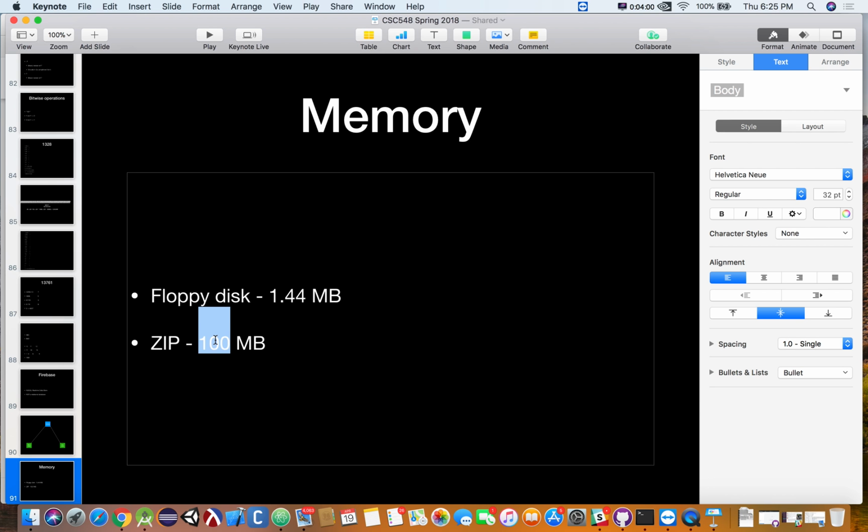No. I mean, that is a useless USB stick. You probably even view like a 2 gigabyte USB stick as mostly useless. Okay, so the zip drives, these kind of look like floppies, but they were a lot faster. So they were faster than a floppy, had a lot more capacity than a floppy. They came in 100 megabytes and later 250 megabytes.